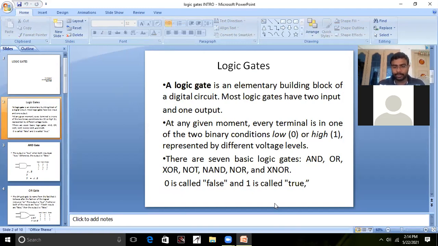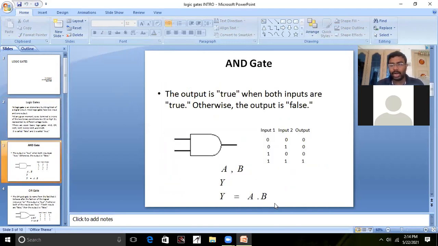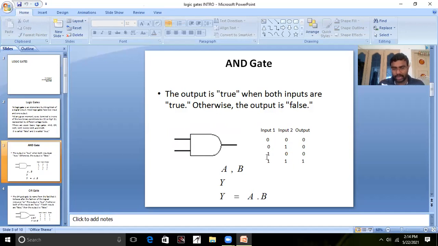Then guys, the first gate is the AND gate. This is the first gate in the basic gates. Guys, do you understand this? Take a paper and note down the concepts I'm going to say now. Try to practice this logic symbol in the notebook first of all. If I am showing the slide, practice the logic symbol and note down the truth table I am showing here.